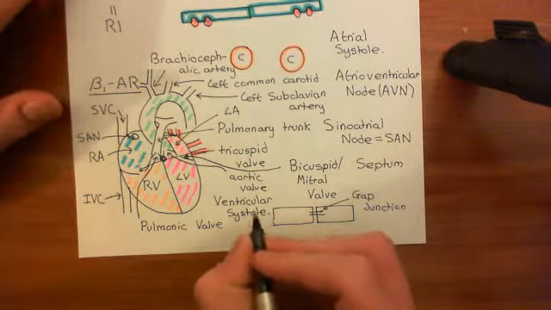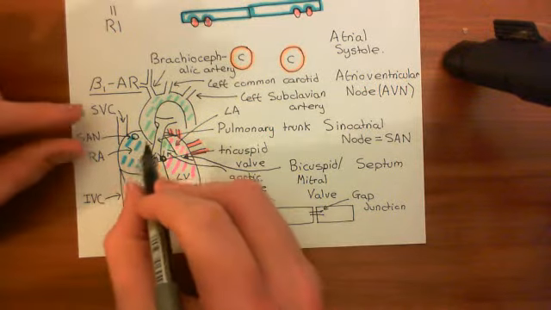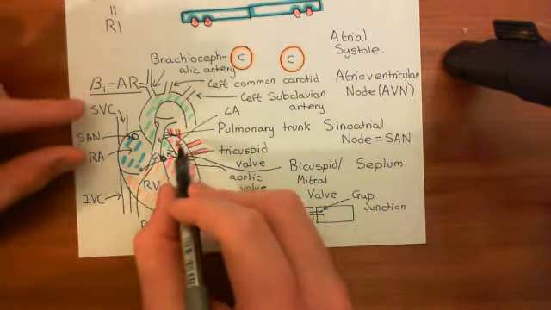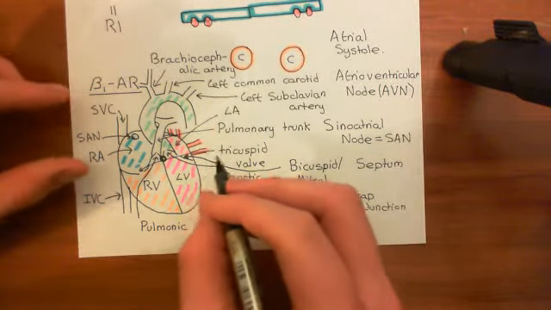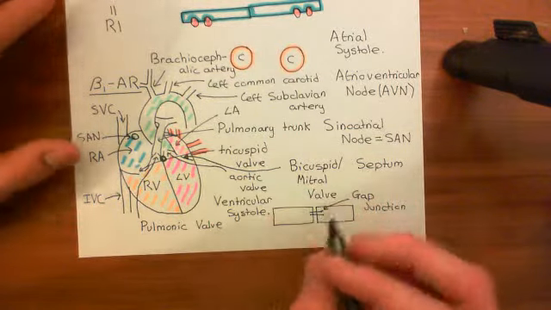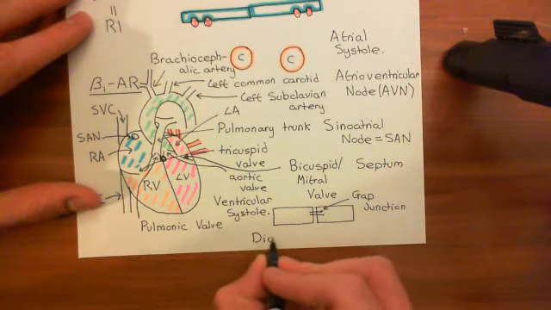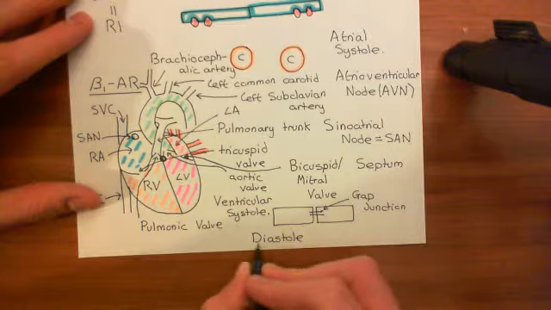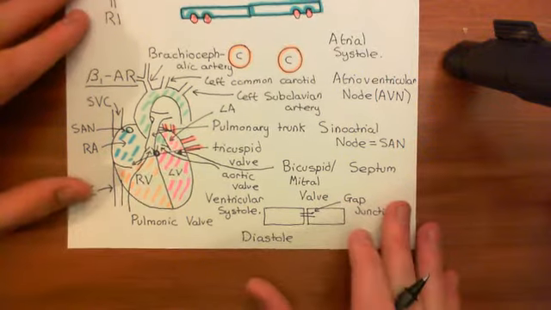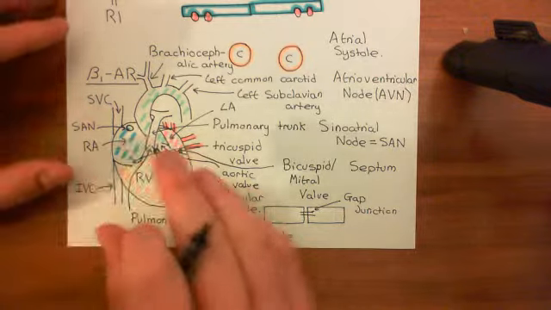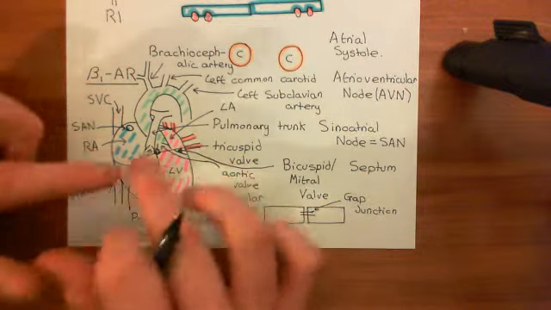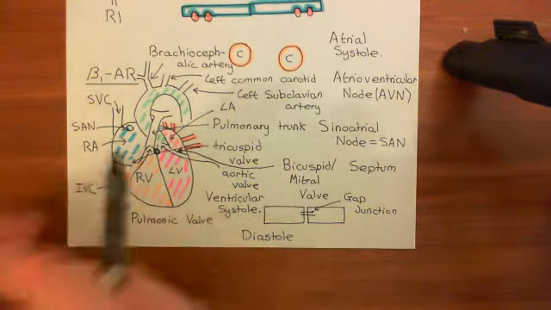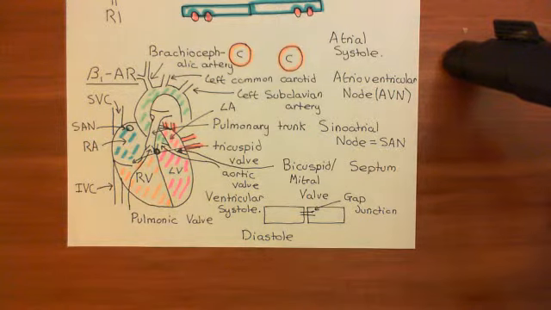Then everything will start to relax again. The atria will relax first, and that's called atrial diastole, and then the ventricles will relax, that's called ventricular diastole, and whilst you're in full relaxation, that's called cardiac diastole. So complete cardiac relaxation. Then of course the heart will refill with blood from the inferior and superior vena cava and from the pulmonary veins, and then the sinoatrial node will fire off an action potential again, and the fun occurs all over again. So that's just a brief reminder of the